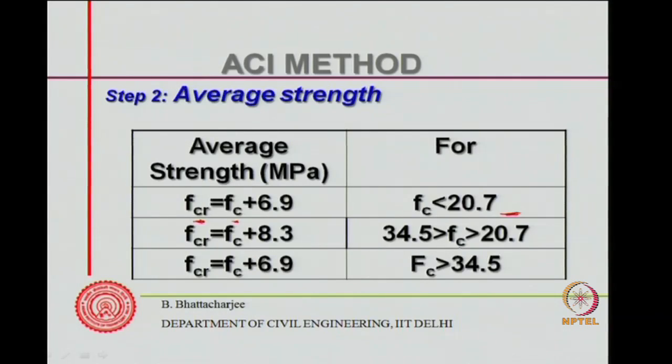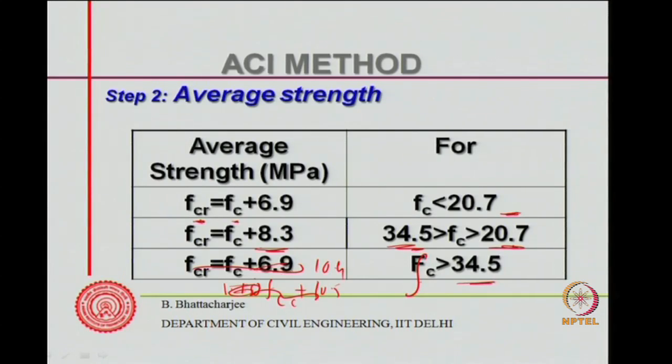If it is more than 20.7 and less than 34.5, then you add 8.3, and if it is greater than 34.5, then you add, oh, this is wrong, you add 1.1, this is given as 1.1 FC plus 10.5. So, the value is different, this is not correct. I think we have the formula separately. So, sorry, it is FC plus 10.9, not 1.1 FC plus 10.9. So, anyway, this is FC greater than 34.5, you have